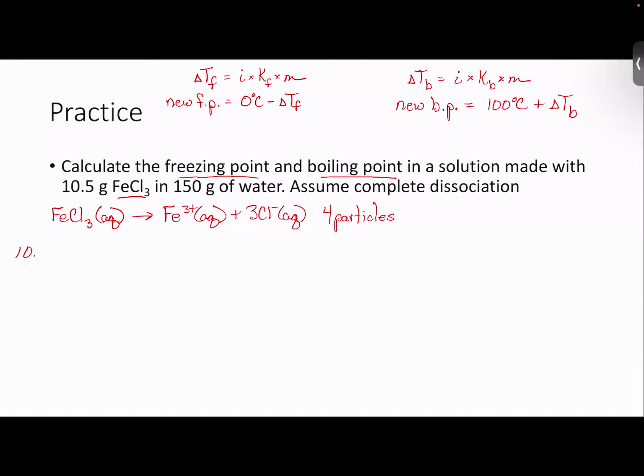So 10.5 grams of FeCl3, we're going to convert into moles of FeCl3 by using the molar mass of FeCl3, which is 162.2 grams of FeCl3 is equal to 1 mole of FeCl3. So we're talking 0.0647